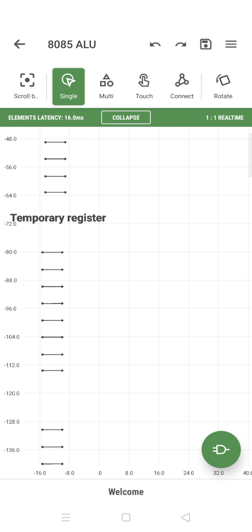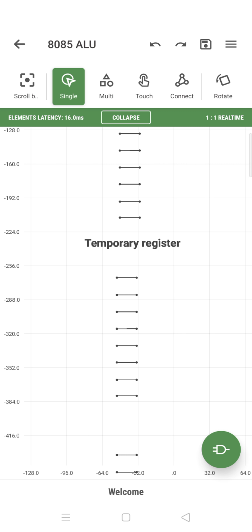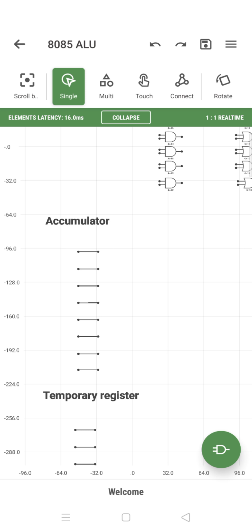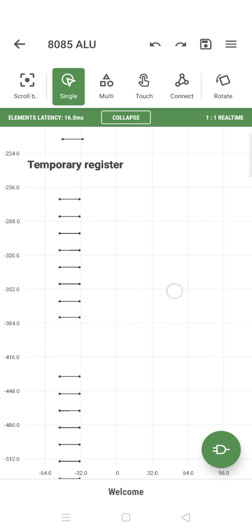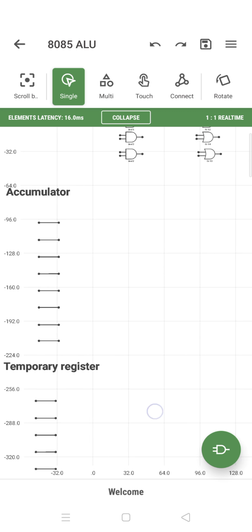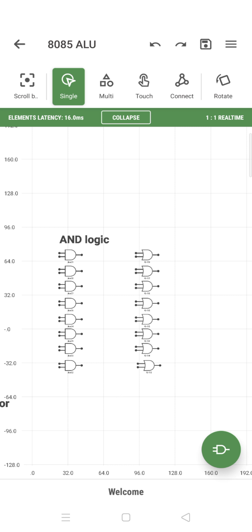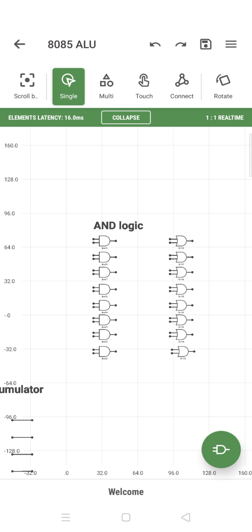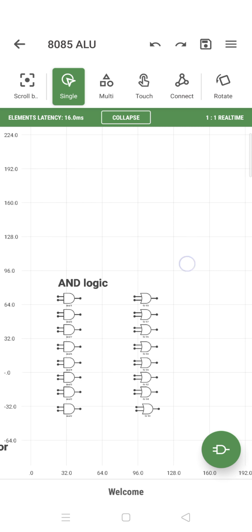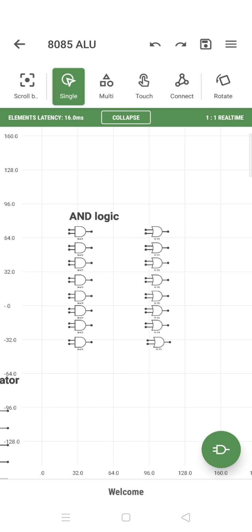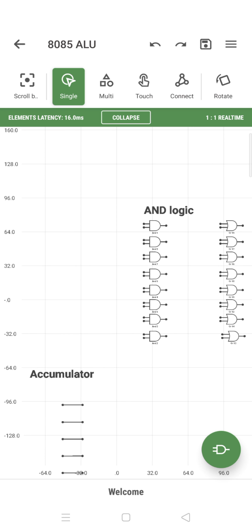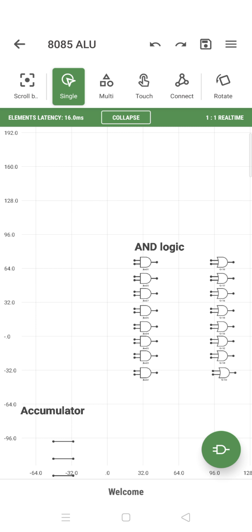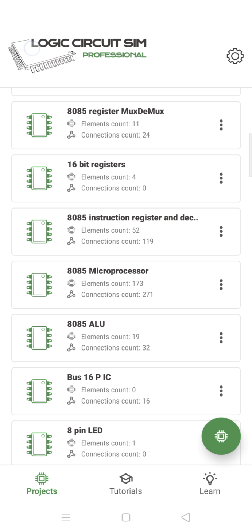Now we have the arithmetic and logic unit and a set of buses: an accumulator bus, a temporary register bus, and temporary registers and other things. The ALU is the one which is going to do the addition. It has two registers, the A register and the B register. I haven't covered the complete register work for addition, subtraction, and the different kinds of operations you want to do. We'll see how the ALU works later.